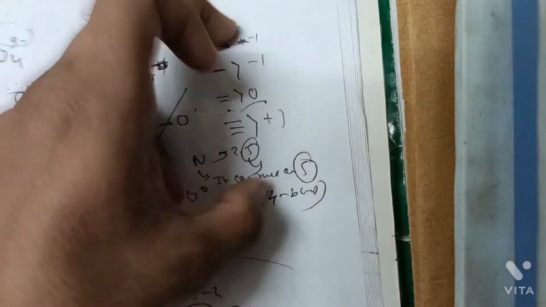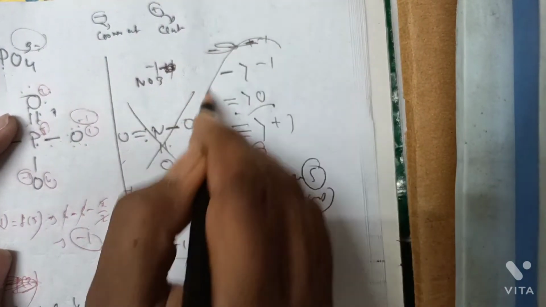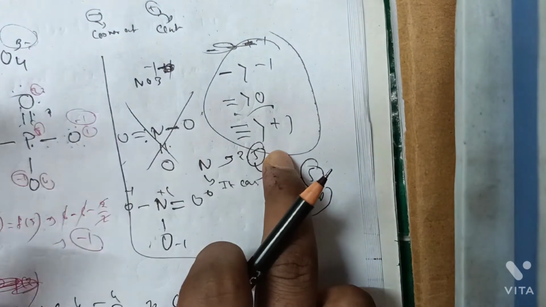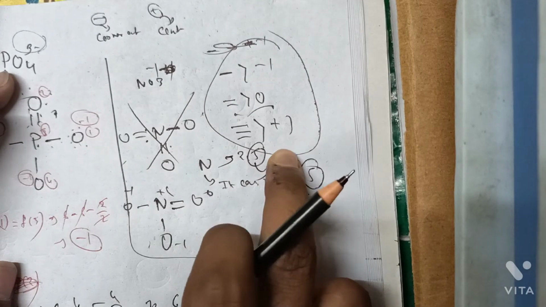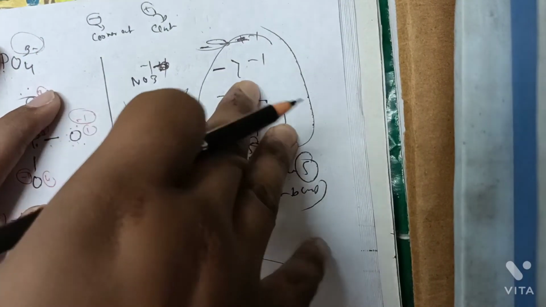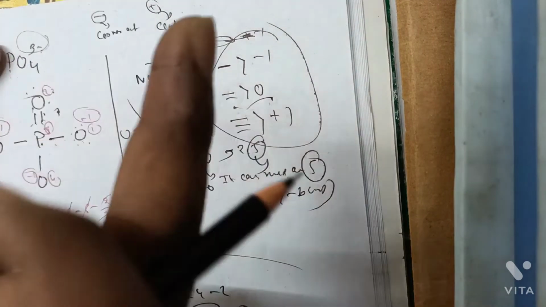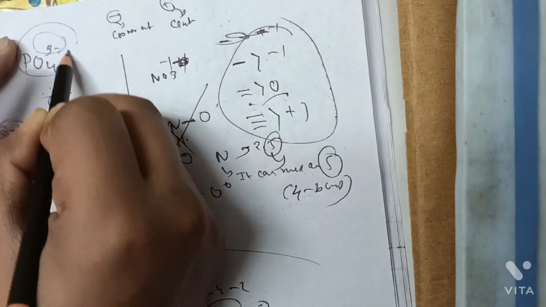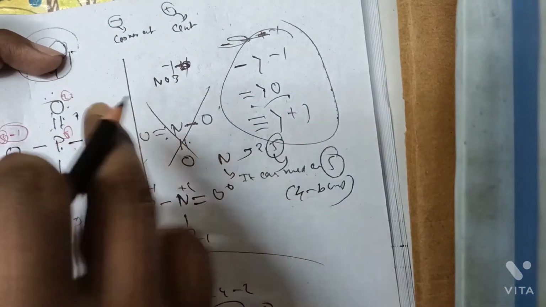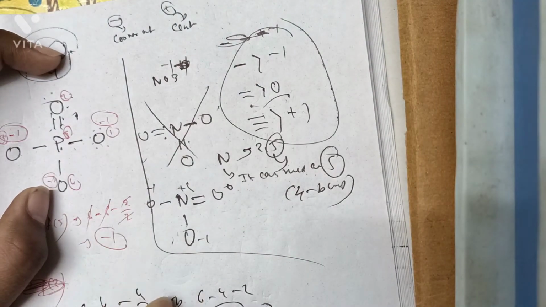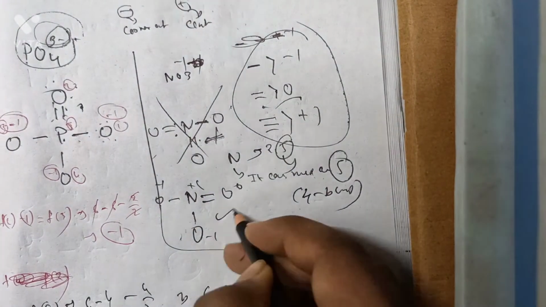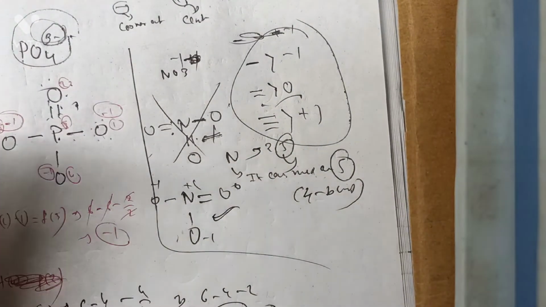This trick will come up in all formal charge problems. If you have the structure, then this trick will always be true. But when seeing the molecule and following this trick to make the structure, it will not always be true. As we have seen for the nitrate ion, this is not correct, this is the correct one, because nitrogen can never be pentavalent.